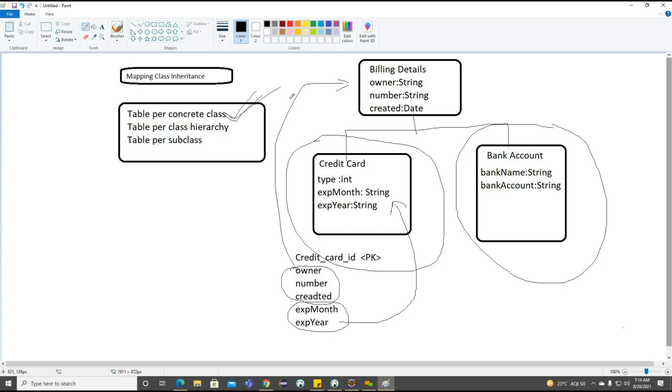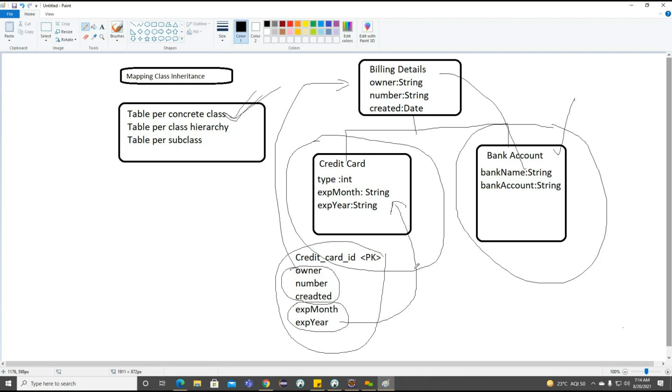Now what you are understanding here, whenever we are trying to work on the table per concrete class here, how many subclasses are we going to have? For each subclass, we are going to create a table here. Getting the point. And in the same way for bank account also, along with the superclass properties, we will include the subclass properties here.